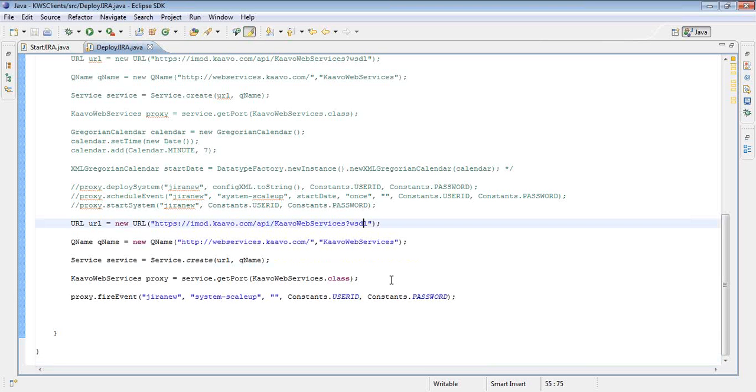And the client program is very simple in this case as well.